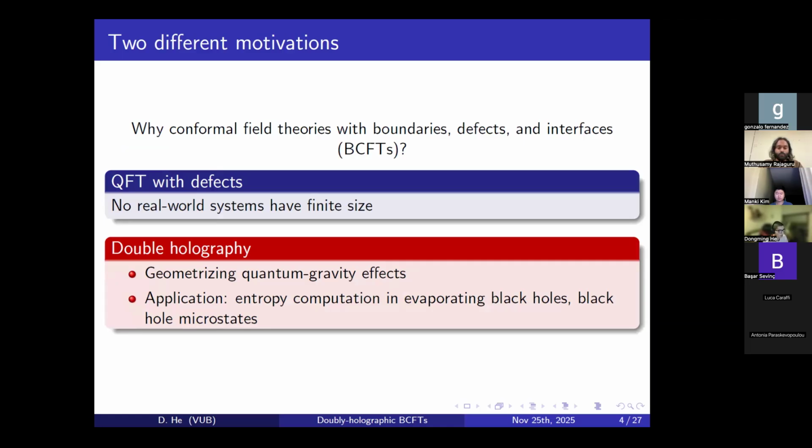Okay, let's start. So there can be two independent motivations to study conformal field theories with boundaries, defects, or interfaces. Here I collectively refer to them as BCFTs. Firstly, in the real world, all systems have boundaries and defects, and it's a more realistic system to study than pure quantum field theory. But in this talk, I will focus on the second motivation, which is double holography. This is a method to geometrize some quantum gravity effects, and applications include black hole studies, which I will talk